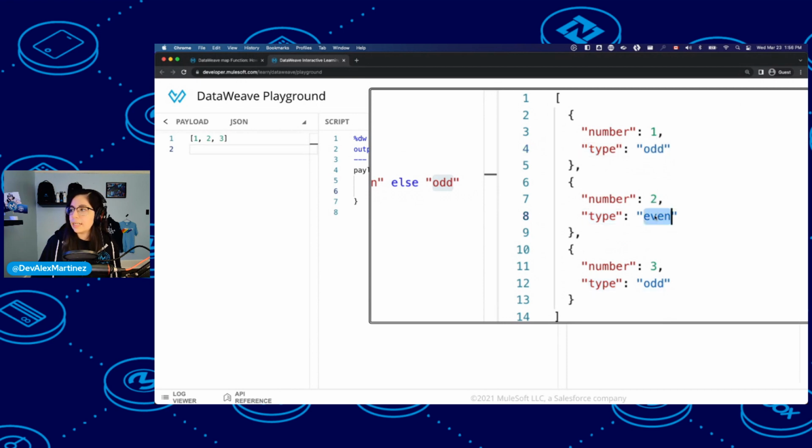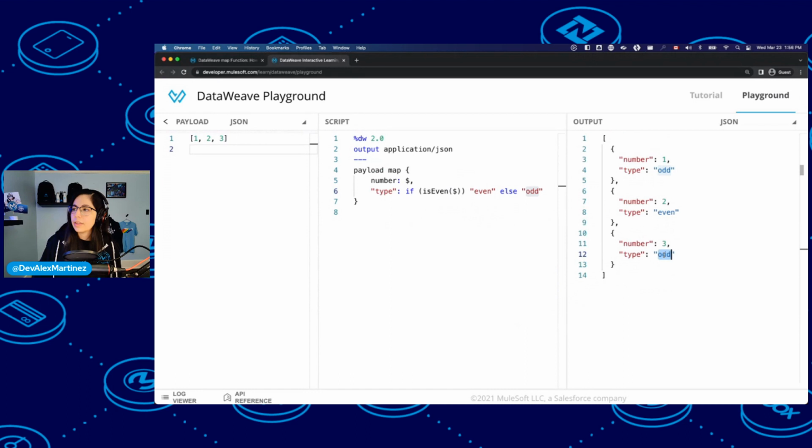Number two is an even number, so it says even. And number three is again an odd number, so it says odd. This is just a transformation that we're using as an example here. And the isEven function basically just returns true or false depending on whether the number is even or not. Really straightforward. So let me know if you have any questions with that code.